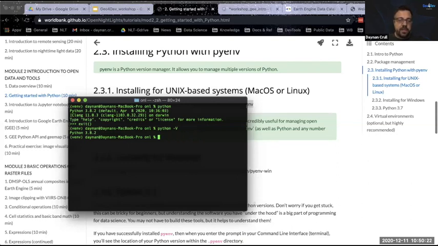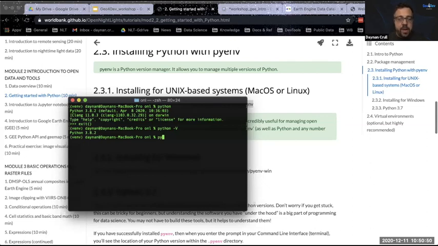What is the advantage of a package like PyEnv? Well, you can install multiple versions of Python, and that might be necessary for different projects. I'm, again, not going to get into the weeds on that. That's too much for this overall workshop. But believe me when I tell you, if you're going to be working with Python and you're going to have multiple projects, probably you will, you're going to want to be able to set up environments, virtual environments, to use Python in different ways. And it makes it really useful and handy.